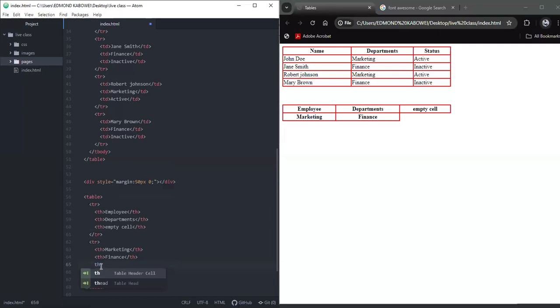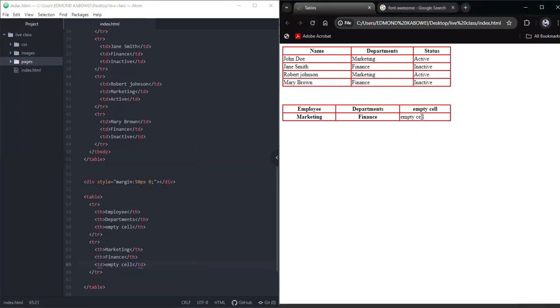So another TH. Now this could be a TD. It doesn't really matter in this case because it's going to be empty. So let's use a TD for this and call this an empty cell. Now you see the difference between the TD and the TH, right? The TD doesn't have bold text. So now we have 3 columns and 2 rows. I want to make this more complex. I want to merge the employee